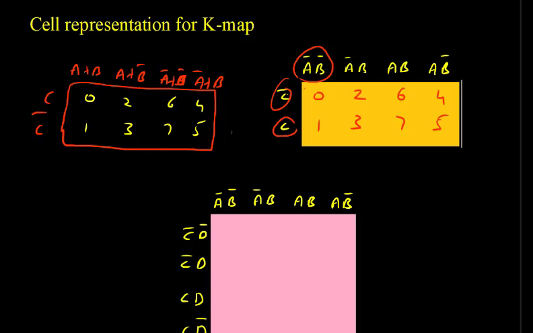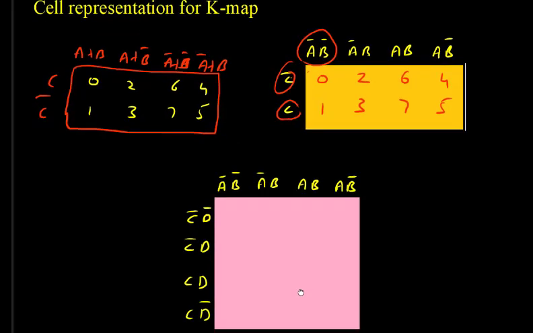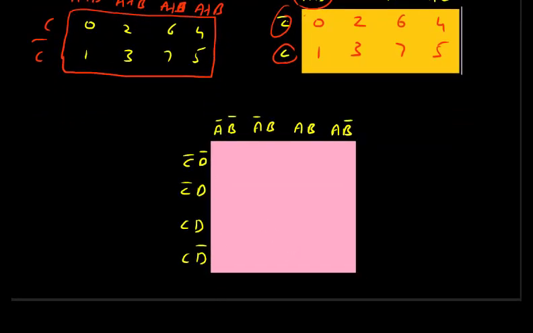Next we will see how to draw the K-map from a function. First we must know where the cell numbers are in this K-map. In this case also, it is very easy to learn it by heart, and you can also check it. First is 0 0 0 0, so this is 0 1 2 3, this is 4 5 6 7 8 9 10 11 12 13 14 15.